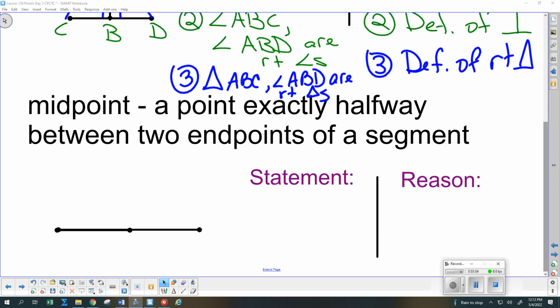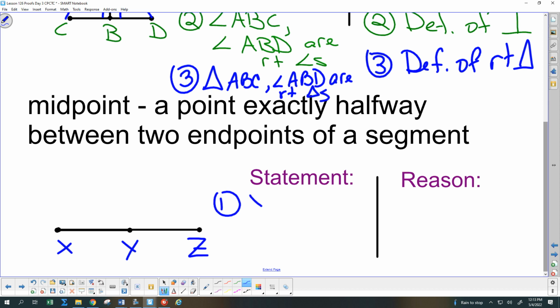So our other definition to review, a midpoint is a point that is exactly in the middle between two other points. It's exactly halfway. So if I put some letters on this one, I'll use X, Y, Z this time. So if I am given Y is the midpoint of the segment XZ,